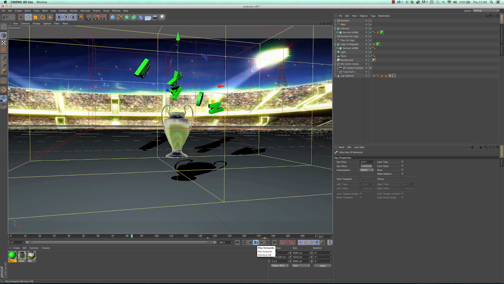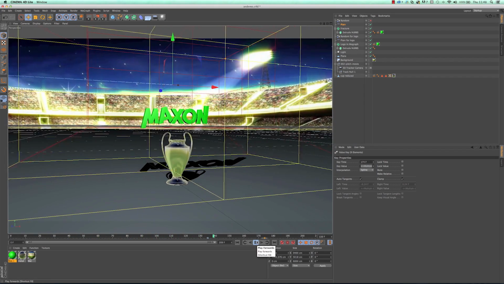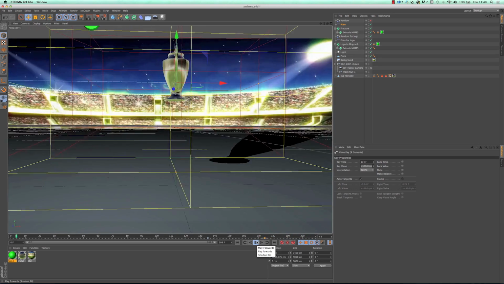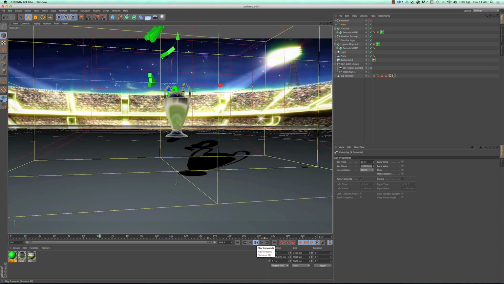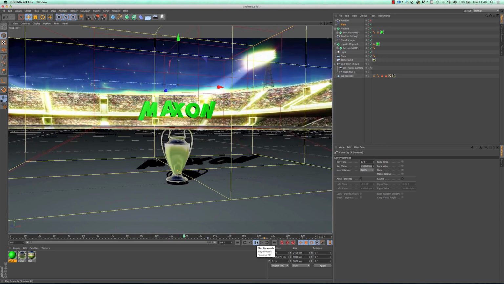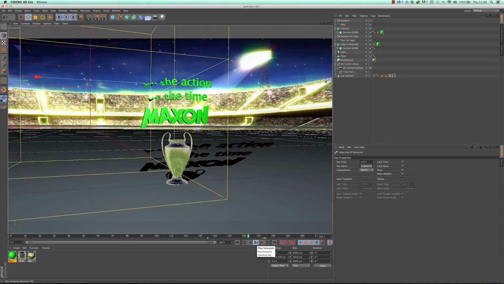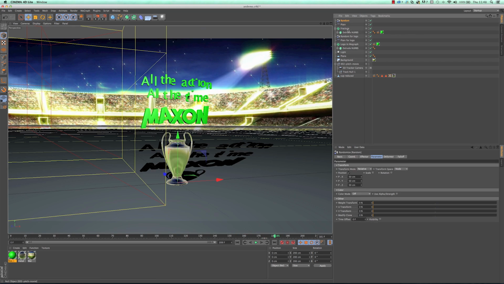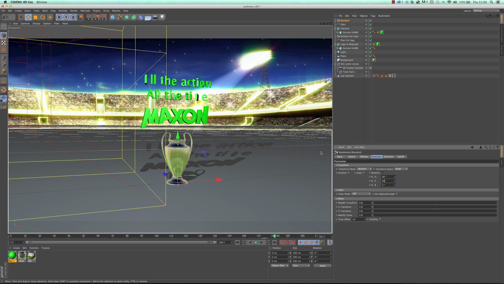So I've got this coming in. I've got that coming in. And I can keep tweaking and tweaking and tweaking. The other things that I can do, I can start messing with the F-curves of animations as well. I could also add a random effector on top of that if I wanted, with this one here, and say, I don't know, affect rotation by 90, 90, 90.